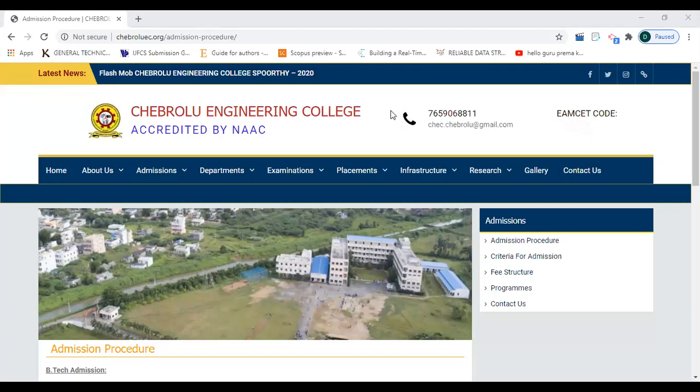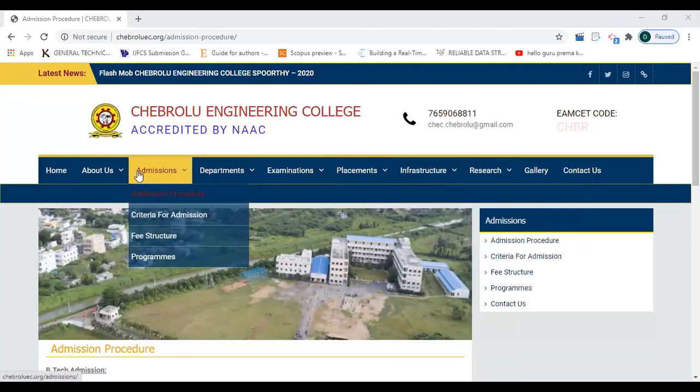So how is this particular website visible? First of all, there is a logo and some name and accreditation, and here we have different pages in that particular website. This is our project. In this project, if we describe a single module or element, suppose we take one element or module, that is admissions. Admissions is one of the modules. If we click on that, how will it look?